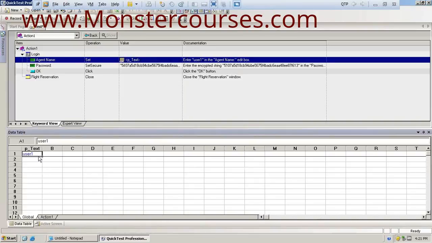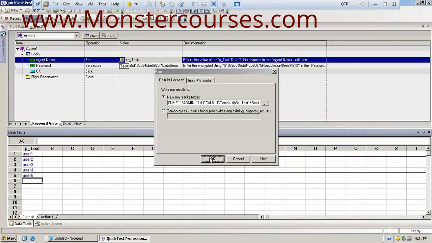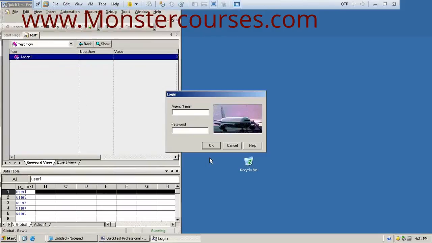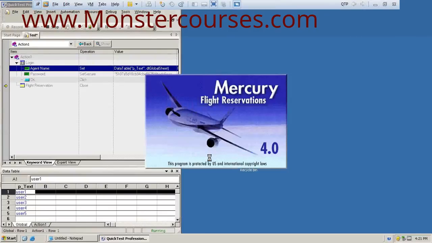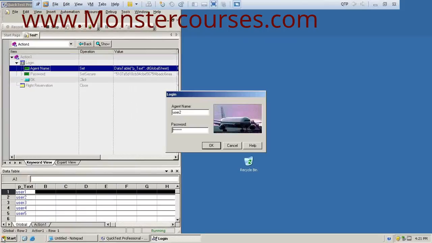Now you can enter the values here. Let's say user 1, user 2, user 3, user 4, and user 5. Let's say I want to execute it with 5 different values. Now run the application. Now it is running with the first user, user 1. Now second user, user 2.